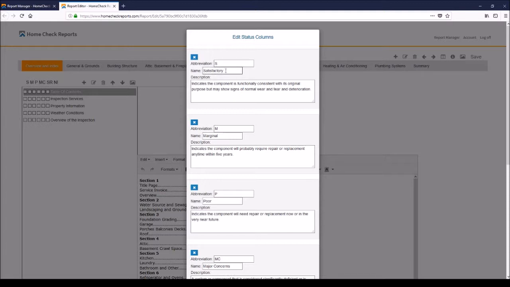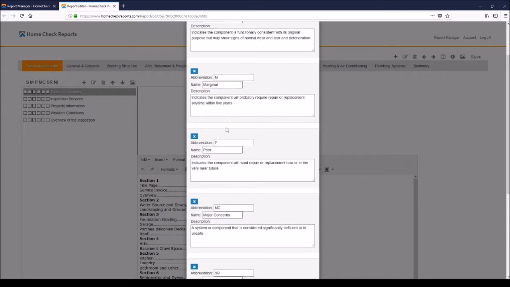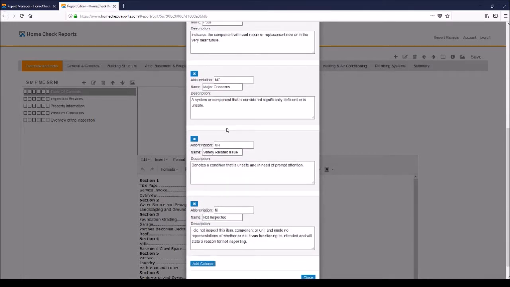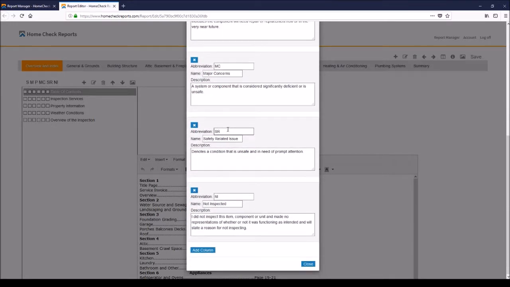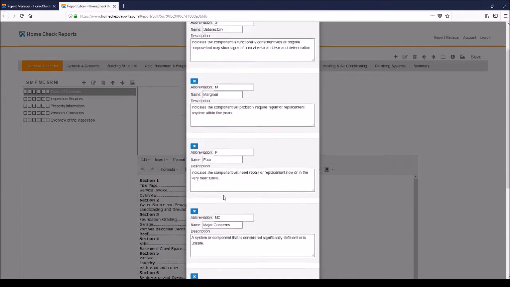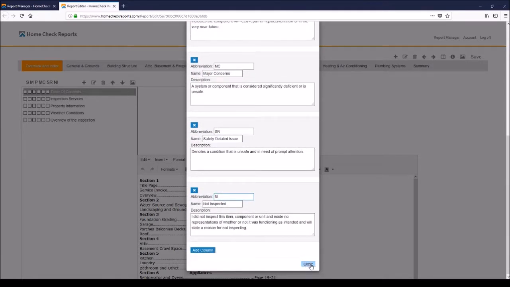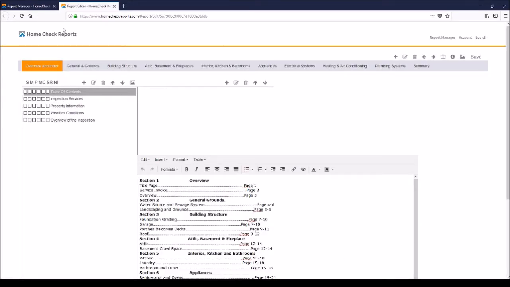S is satisfactory. M is for marginal. P is for poor. MC is for major concerns. SR is for safety-related issues. And NI is for not inspected. I can even add a column, or I can simply change one of these if I wish to do so, so that way it reflects my area of interest for the inspection report. In this case, I'm going to keep the generic ones, and I'm going to go through the process of filling